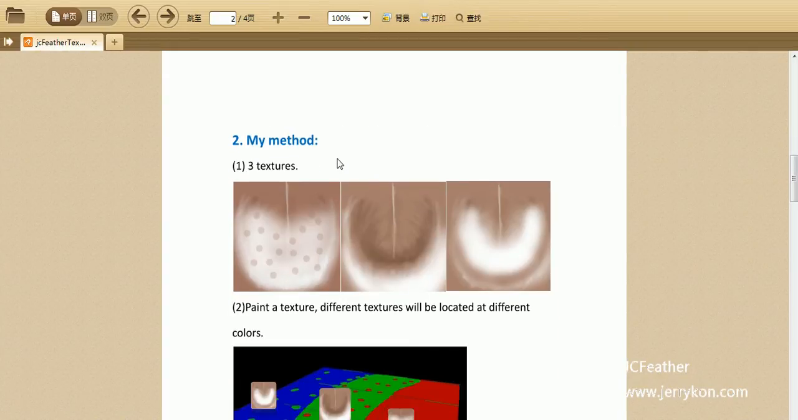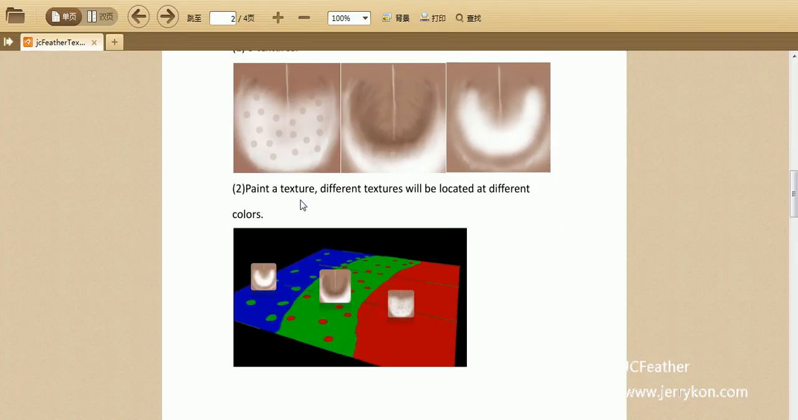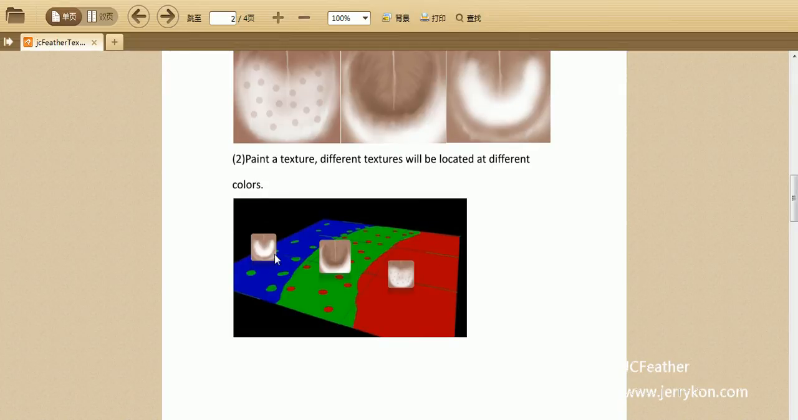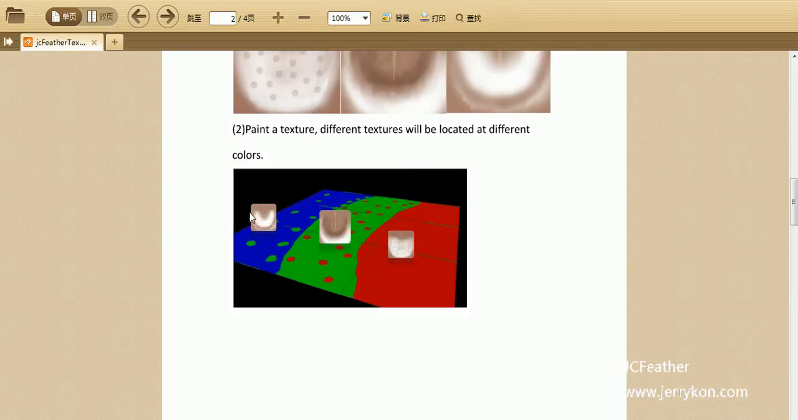In my method, if we have three textures, 1, 2, 3, and we want to scatter those three textures to different areas, we first need to paint a texture, something like this: red, green, and blue. I will scatter texture 1 in the red area, texture 2 in the green area, and texture 3 in the blue area,